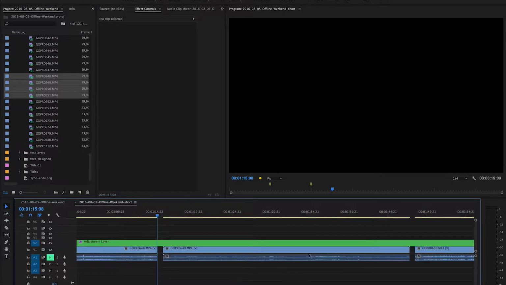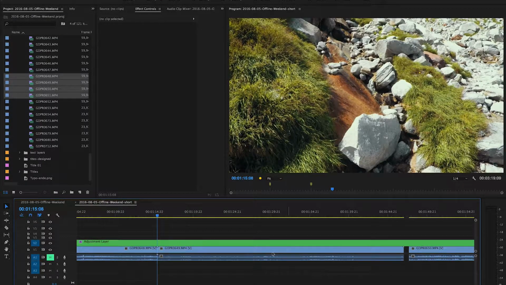But now, what happens with those holes in the video? One easy trick to get rid of those is a ripple delete. We can select the area in between and then hit the delete key, and it ripple deletes. So everything moves one step to the left to remove this hole,